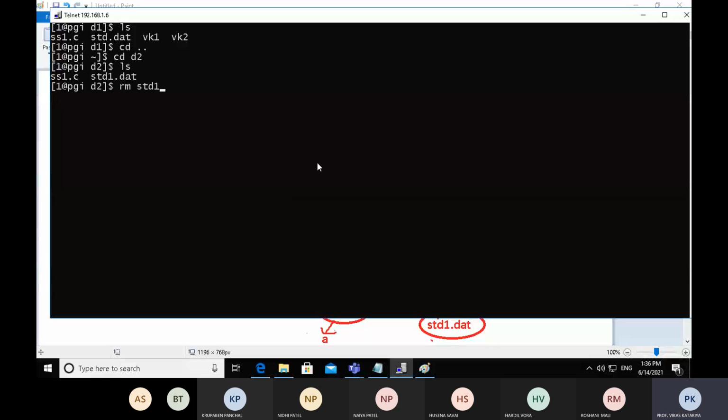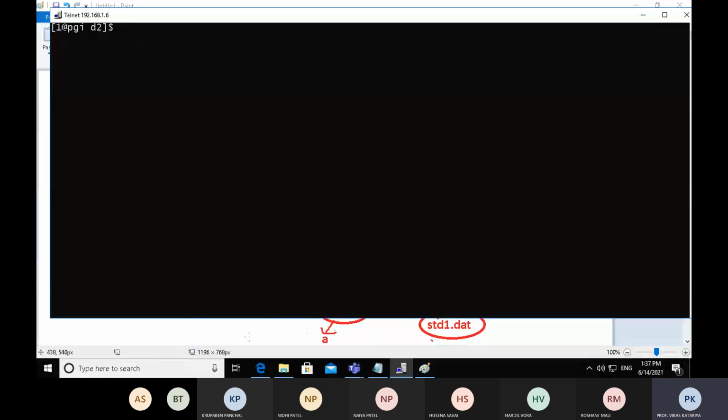We will remove student1.date from here and create another student1.date file using the vi editor. Enter insert mode. We are putting a single character B, and the ASCII value of B is 98. Now save. Clear the screen.